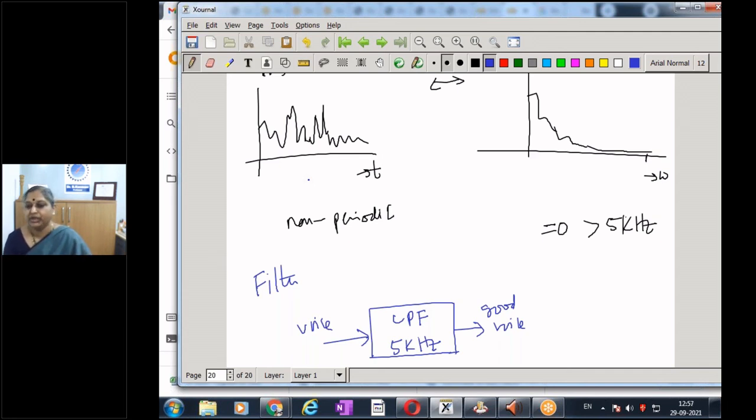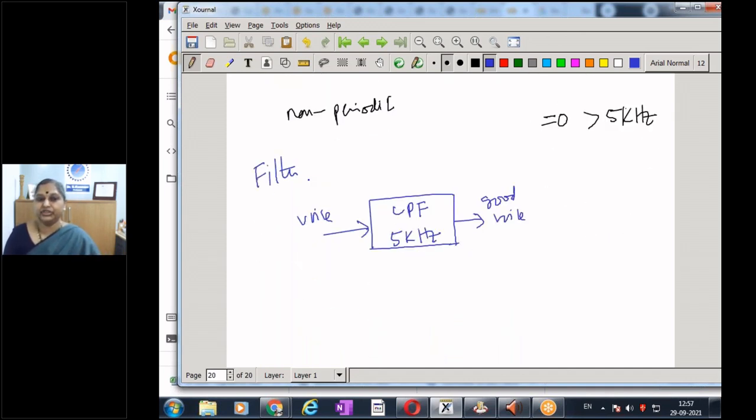We call it the music team, and we have different people: someone on the tabla, someone on the violin, the veena, the guitar, and then one or two people giving the vocal voice. And if I want to speak music, and suppose I want to remove any other noise which is beyond music, and then I want the good music to come out, again it is going to be a low pass filter.